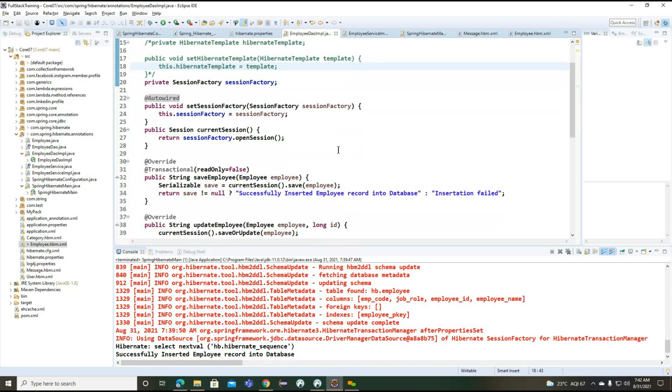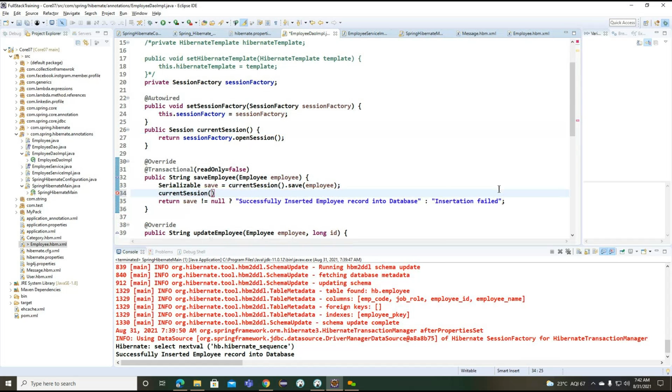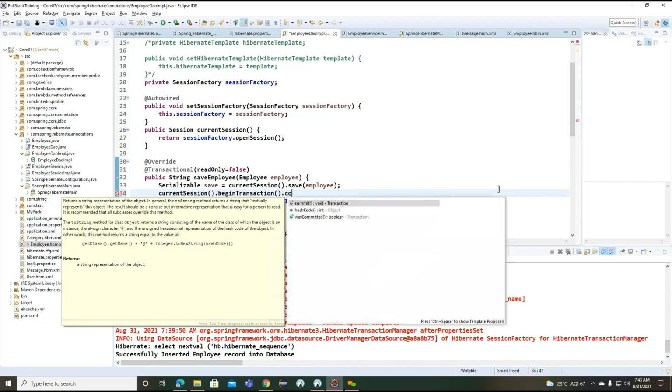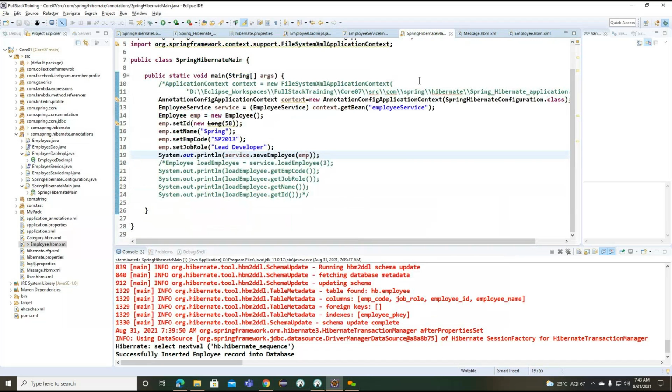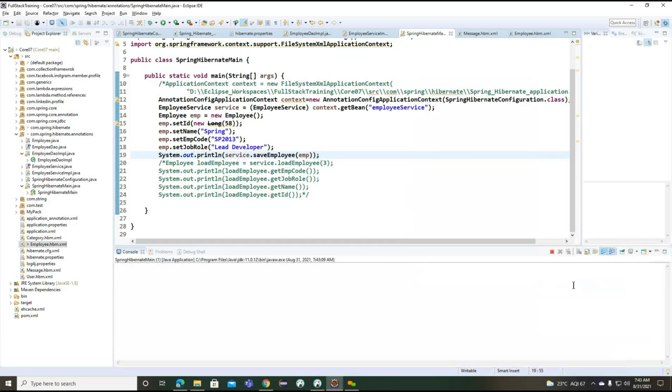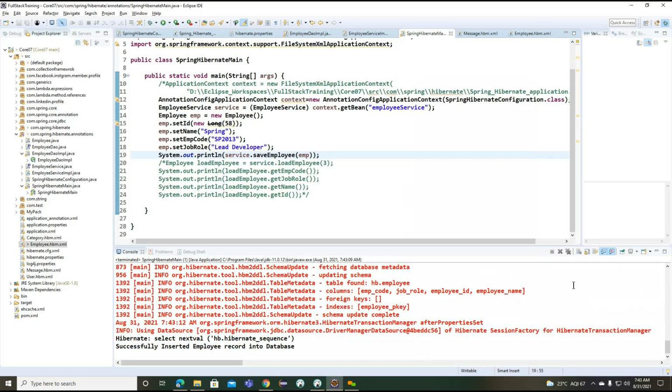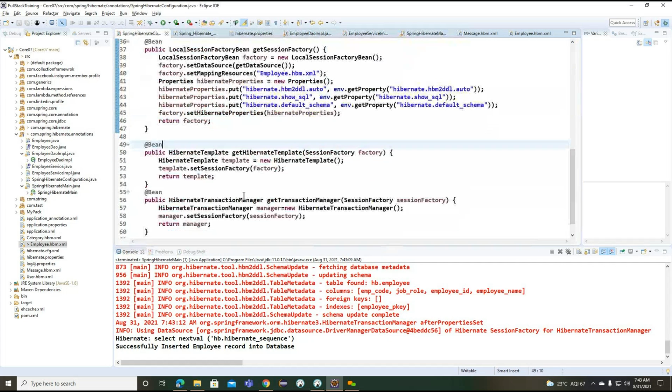So now we'll try with this. No, something is rolling back the data here.